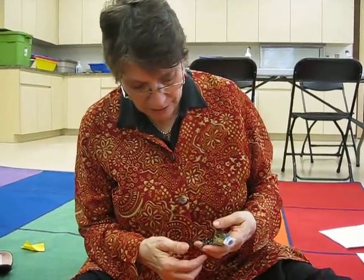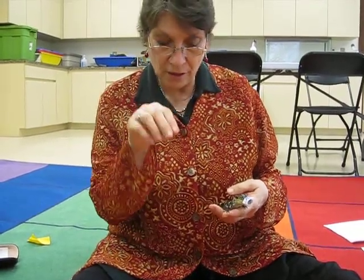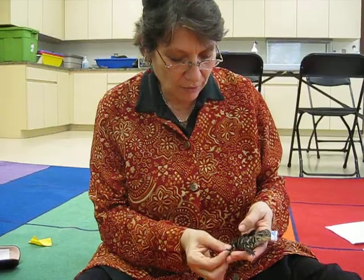Well, speaking of digging, I see that the front paws have longer fingers, and the back ones, even though they have 4